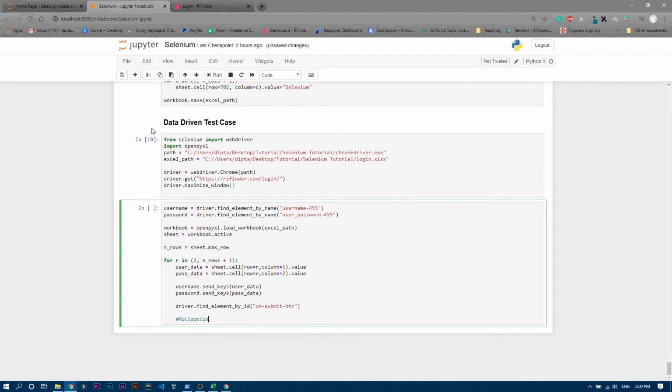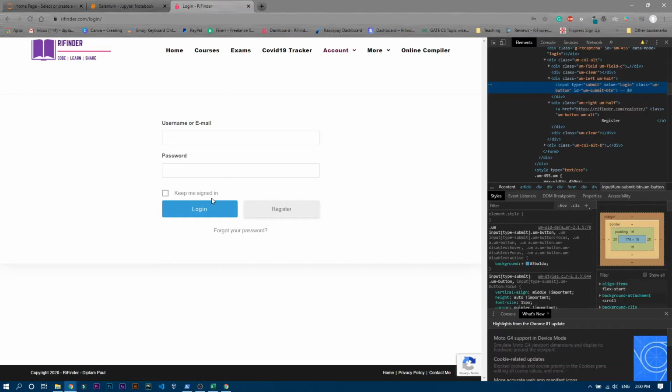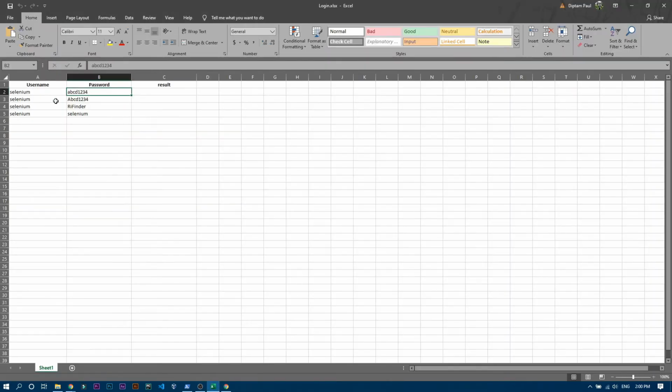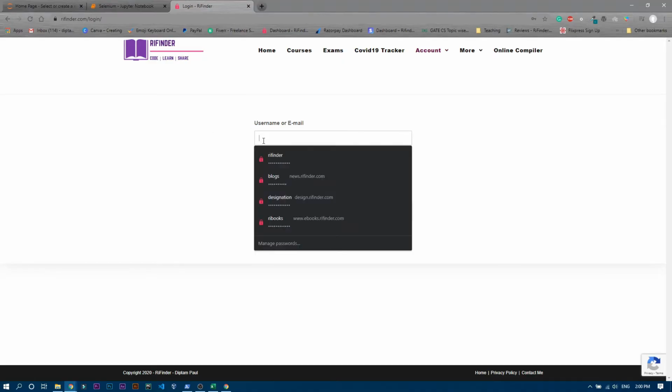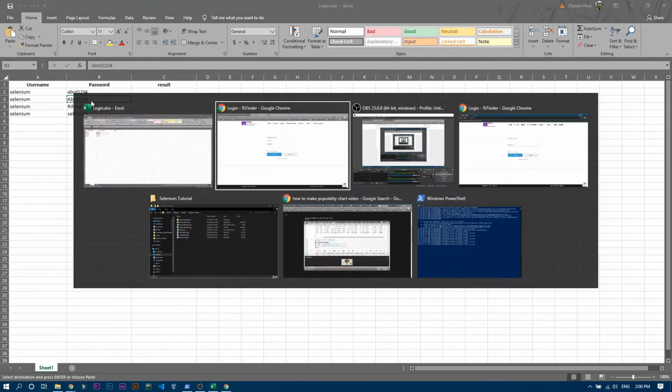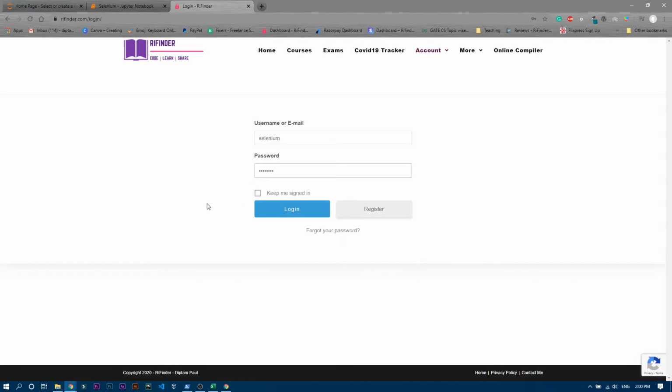Because after sign in, whatever page opens up, we have to check whether it is opening that page or not, right, for every password. So let me just write the correct password from here, that is, the username is Selenium. Let me copy this one, paste it over here, and the password is this, capital A B C D 1 2 3 4. Okay, I'm copying this one as well and pasting it over here. And now if I log in,